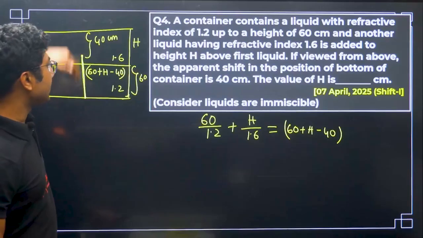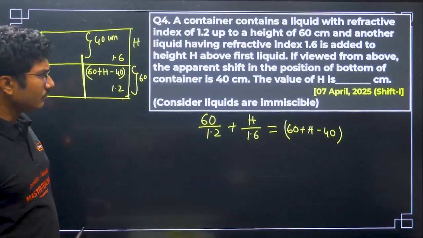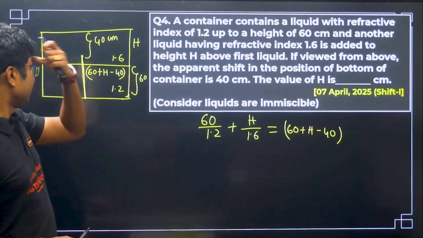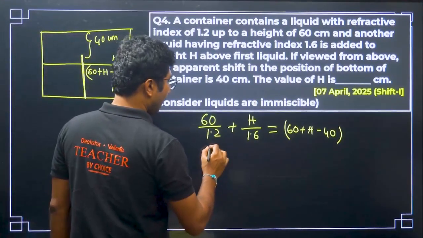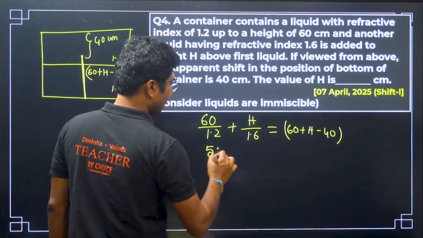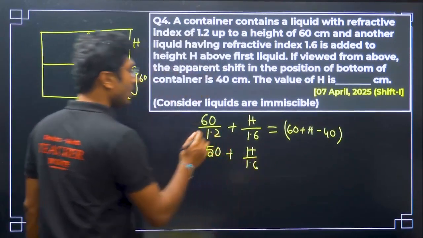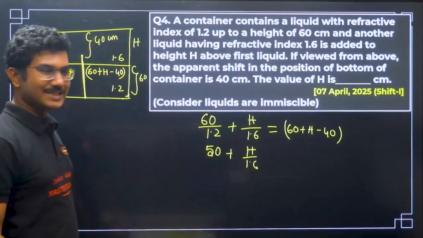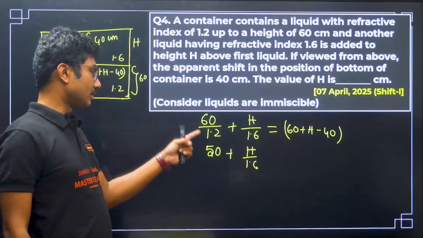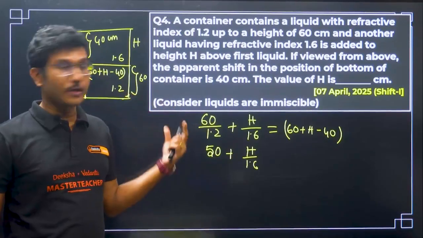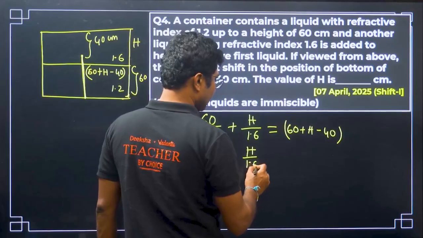From the top you are seeing 40 centimeter means this is the actual height, right. Now let's put that value. So it will be 50 plus h by 1.6. Why 50? 5 12s are 60. So there is one decimal. So that means 50 times 1.2 will be 60. Okay, that's how you can cancel it. So 1.6. So this will be